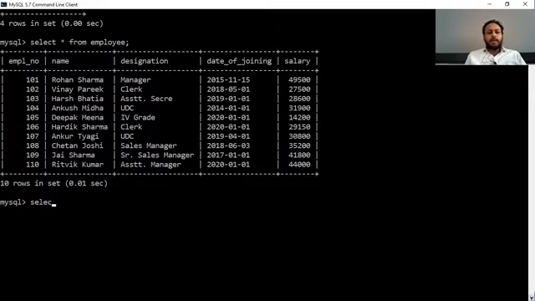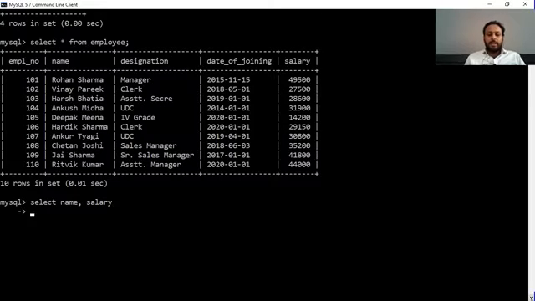So select name comma salary from. Write the command in the form of partitions: first you select the columns which you want to display, next the table name, and next the conditions.